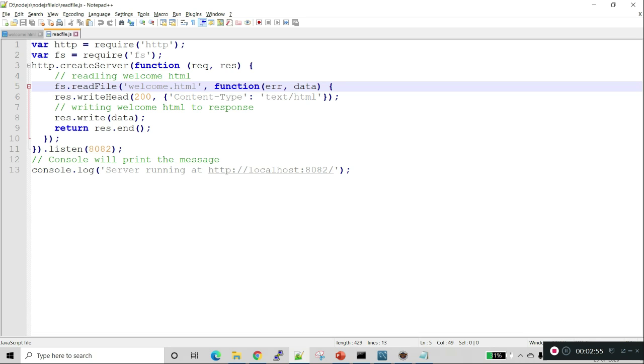In the response I'm writing the head: 200 for success, and the content type is text/html. I'm writing the welcome HTML to the response, so this response will write the data into the browser. I'm returning the response to the browser, and I'm listening on the server at port 8080.